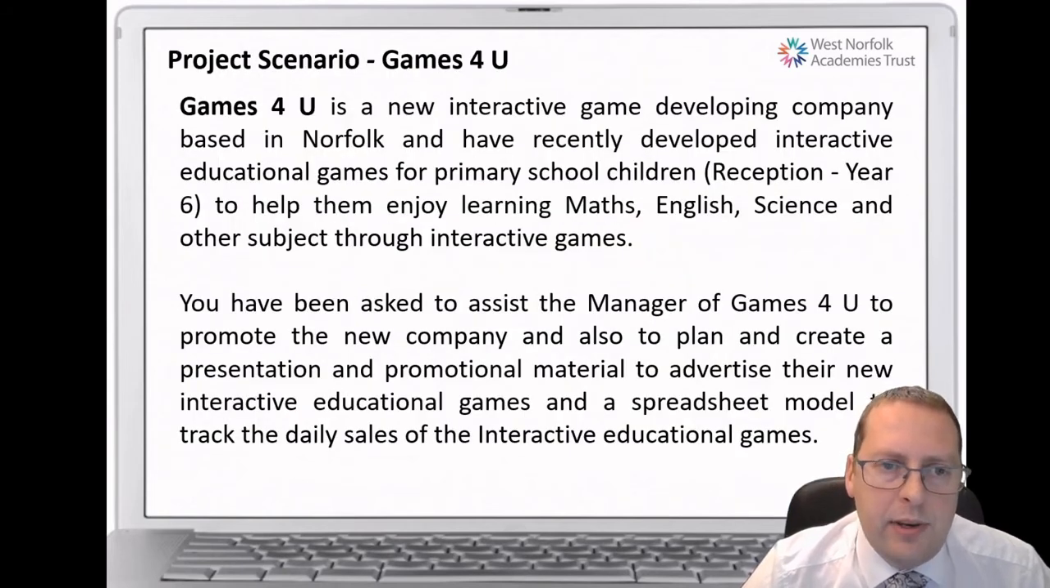Now you're going to be given a project scenario to work on for the next several weeks. So as I said, it's a large project. It's going to take a few weeks to complete, and it needs to be broken down into lots of individual tasks. The scenario that you've been given is for a company called Games for You, and it's a new interactive